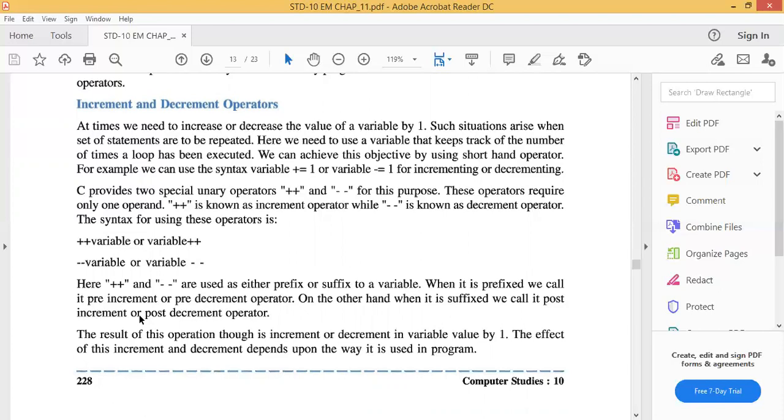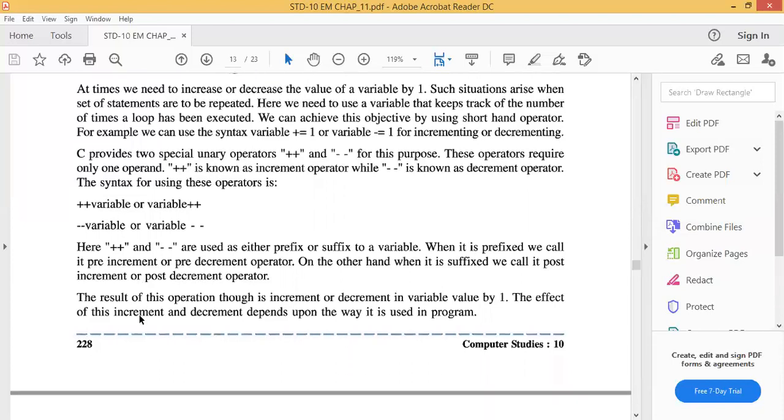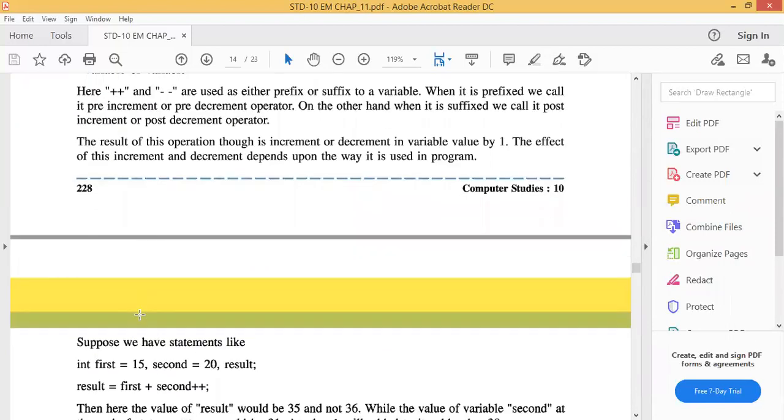Here plus plus and minus minus are used as either prefix or suffix to a variable. When it is a prefix, we call it a pre-increment or pre-decrement operator. When we use it before the variable, it is a pre-increment or pre-decrement. When it is used after the variable, it will be a post-increment or post-decrement operator. The result of this operation is an increment or decrement in the variable by value 1.